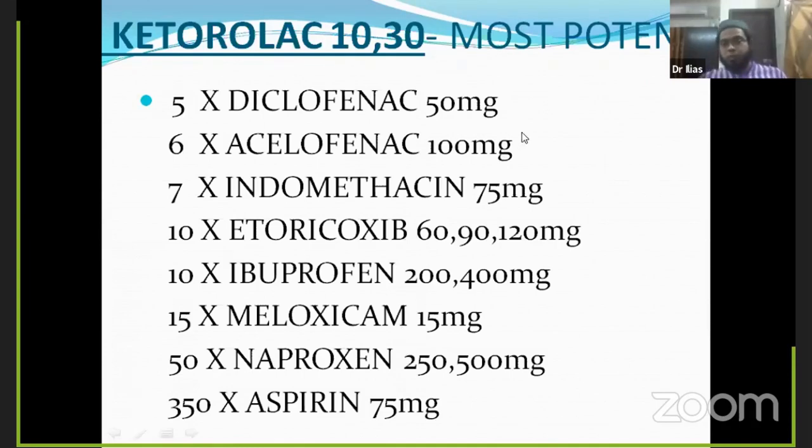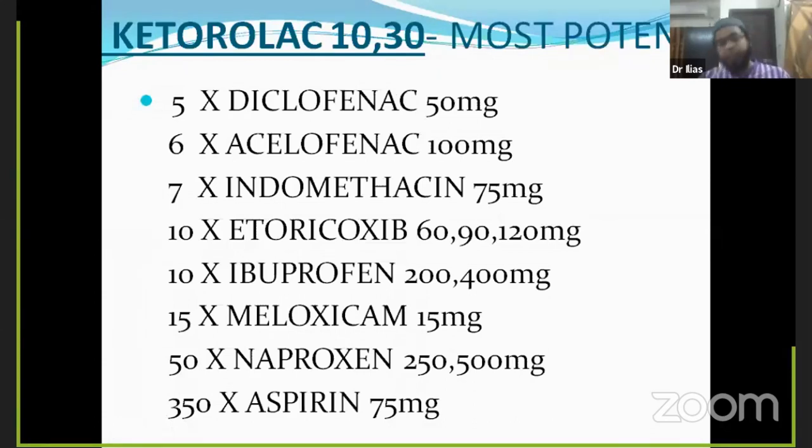So the more the severity of the pain, you must think of the most potent or more potent NSAIDs. If the patient has trivial pain, with very less severity, that time we can prescribe the less potent NSAID. Okay, that is in the form of naproxen. Even aspirin can be active in reducing the pain. So this slide is very important for you. The potency must be counted in treating the severity of the patient.